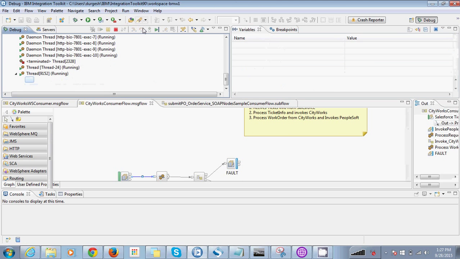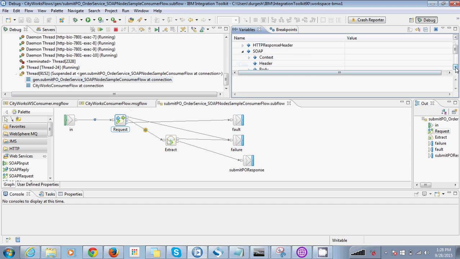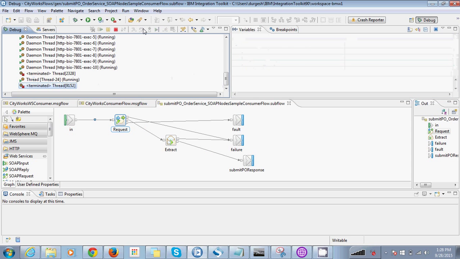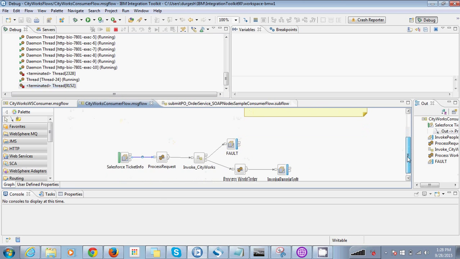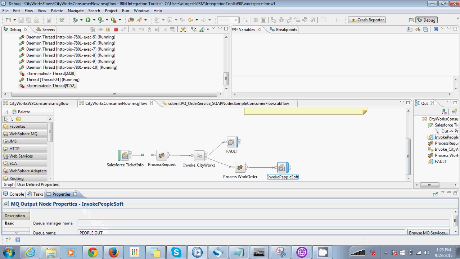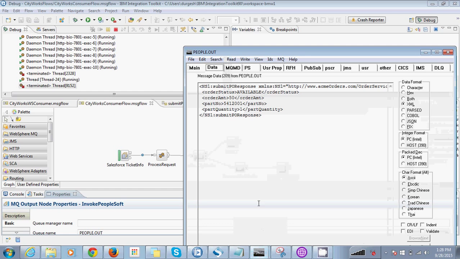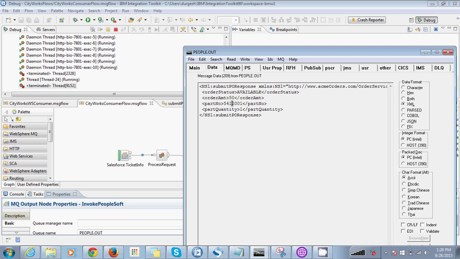Then we invoke the backend application, which is running as a web service, and get the web service response. You can see that this is a SOAP message coming back. And then we transform the SOAP into an XML and back into a queue. So it puts the message back into a queue of this name. We use another tool called RFH util, which will read messages from or write messages to a queue, and we can see the message back in the